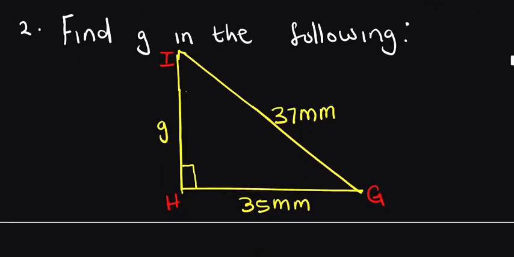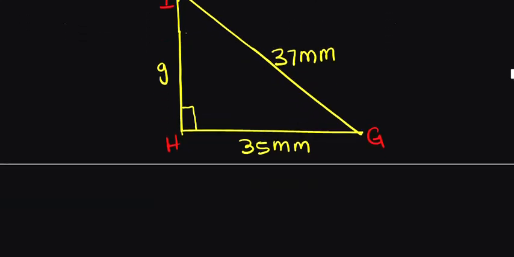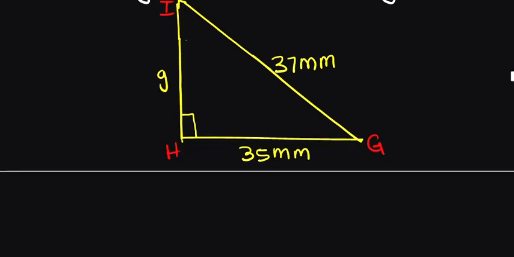Moving on to number 2, where we are required to find g in the following. What I always tell my students to do is that if we are given the hypotenuse side and we are required to find one of the other two sides, just start with that side you are required to find. For example, in this case, we will say